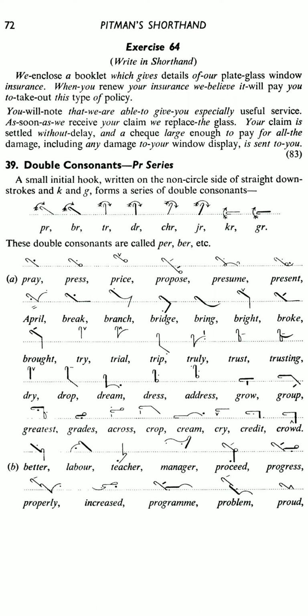Next is dry, D with R hook above the line, I diphthong is used here on the first place of D after it. Drop, der above the line and P, light dash on the first place of D after it. Dream, D with R hook through the line M and a heavy dot on the third place of M before it. Dress, D with R hook with a circle on the line, light dot on the second place of D after it. Address, same outline above the line. Light dot on the first place of D before it and light dot on the second place of